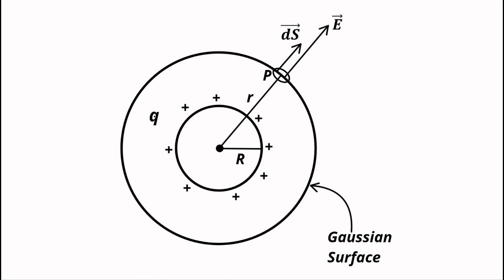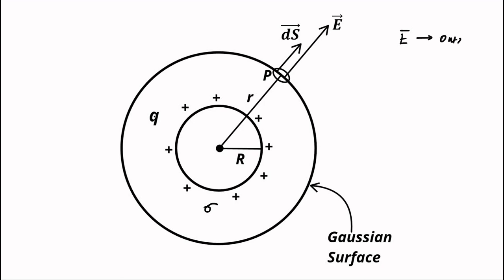It has a radius of capital R, and it has a surface charge density of sigma. Now there are three situations here, the expression of electric field in three separate cases. First, we have to determine the electric field